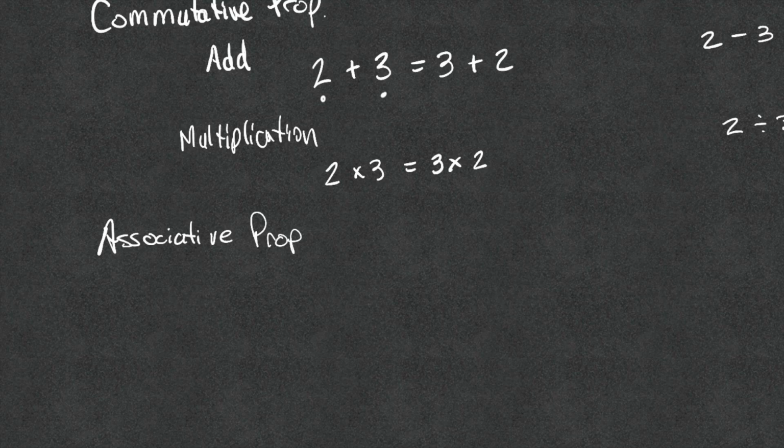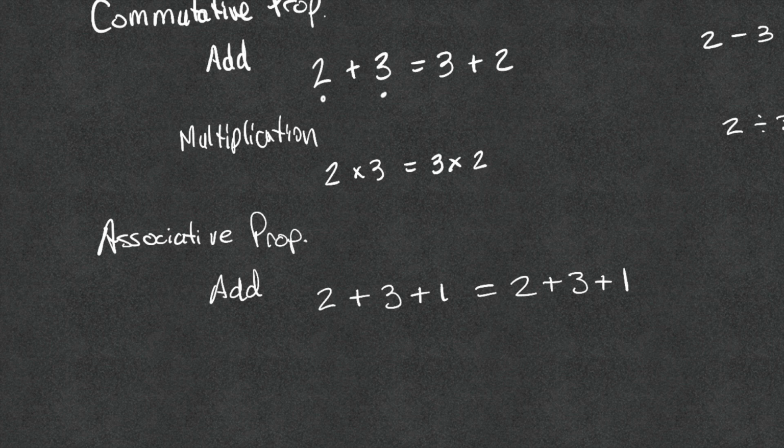The associative property gives us a rule that when we have 3 or more numbers, and in addition, if I were to say 2 plus 3 plus 1, it's not about changing the order. It's about which ones you associate together